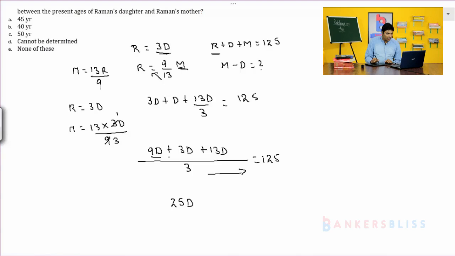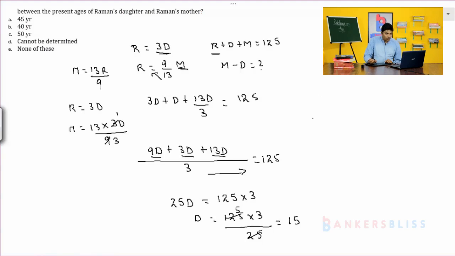So 9D plus 3D, 12D. 12D plus 13D, 25D. So 25D is equal to 125 into 3. Therefore, D is equal to 125 into 3 by 25, which is equal to 15, since 25 fives are 125. So the age of D is 15, but we want to calculate the difference of mother